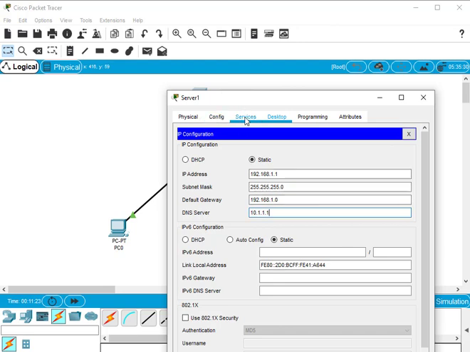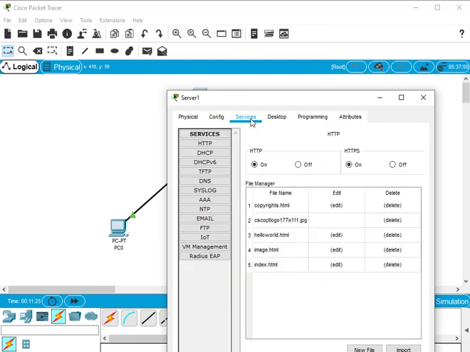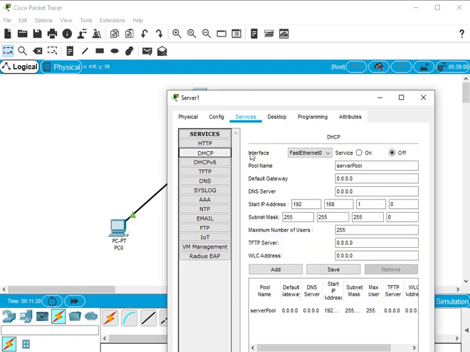Now come to services, click on services and select the DHCP server. Click on DHCP, it is selected. Basically it is in off mode. We have to first turn on the service of the server.